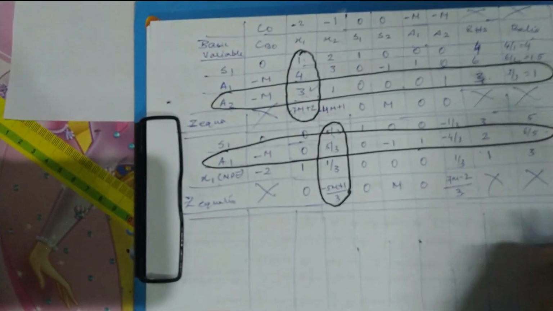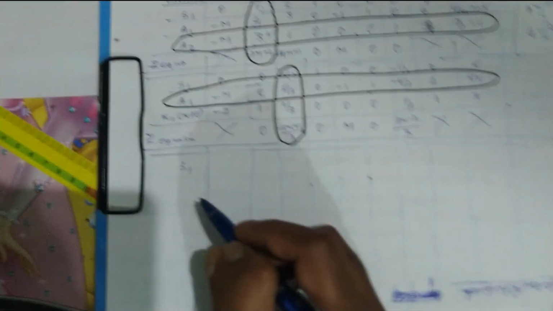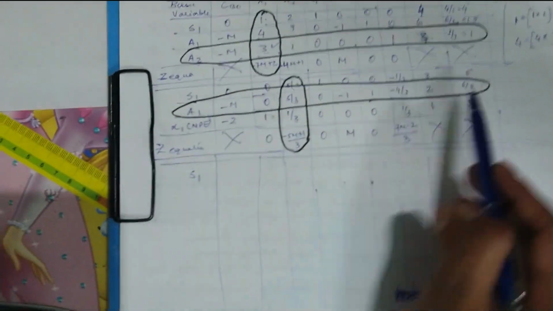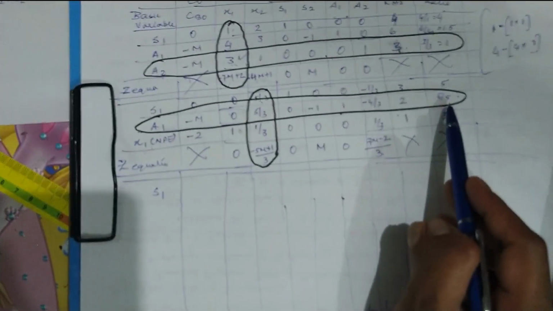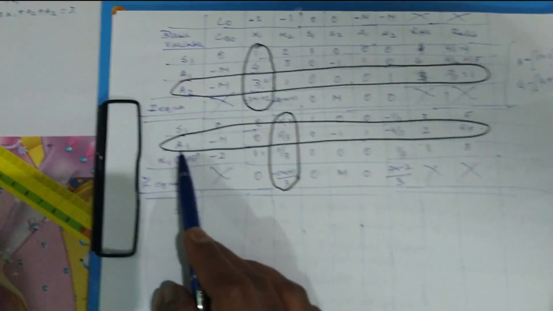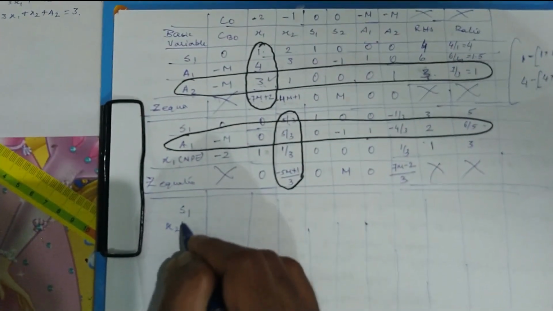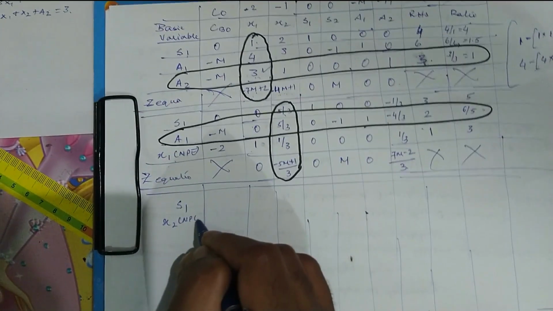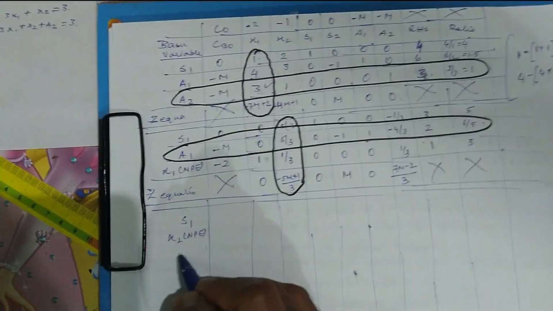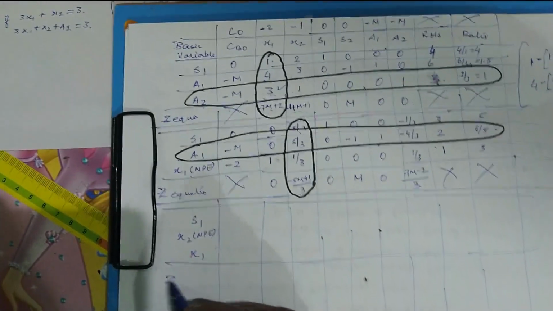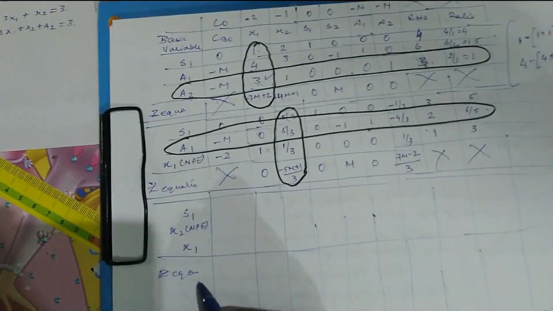Okay, moving on to the next table. S1 is not yet replaced, so therefore S1 will still remain in the solution space. A1 is now to be replaced. A1 is decided as the leaving row, so therefore in the place of A1 the entering column, that is x2, takes the place, and I'm going to call this x2 the new pivot element, and x1 has not been replaced, so therefore x1 remains the same. And the next row is about z equation values.